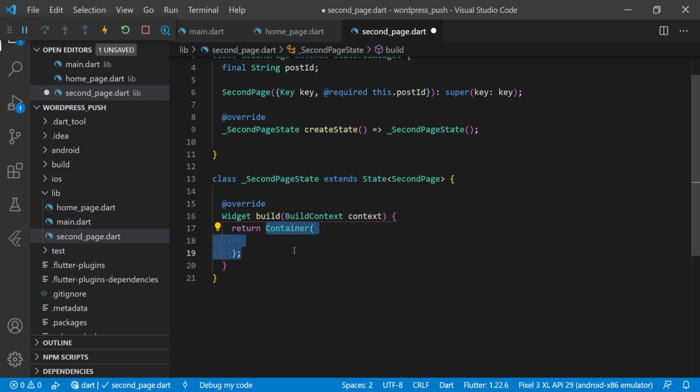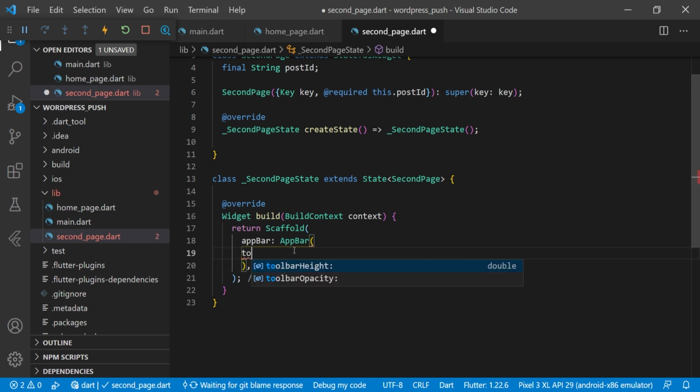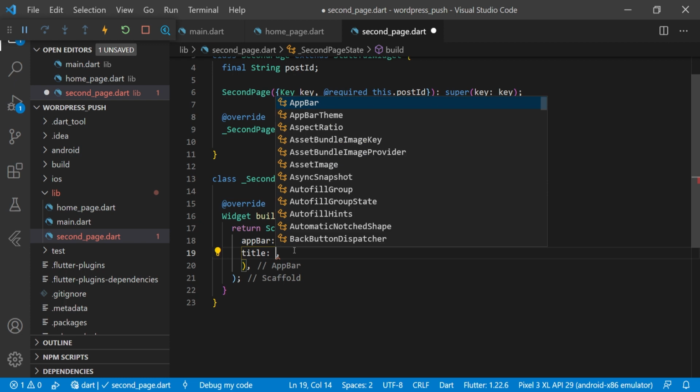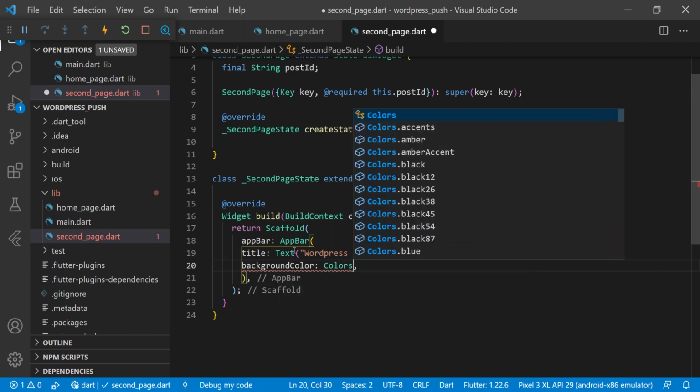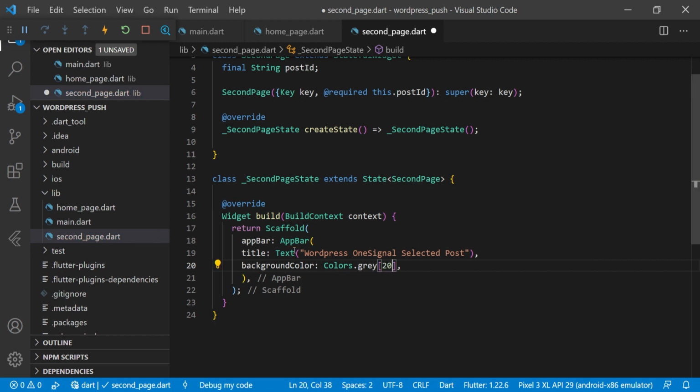Then here we will make it as a stateful widget. And then we have the app bar here, and here we have the title, a text widget: WordPress, OneSignal, selected post. And we have the background color, and we are using Colors.gray 200. And then we have the body here,